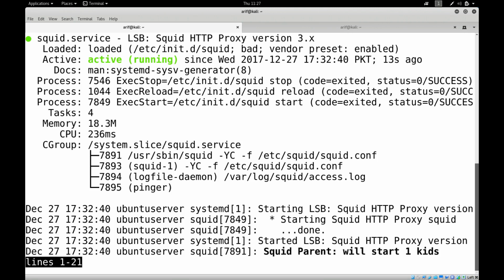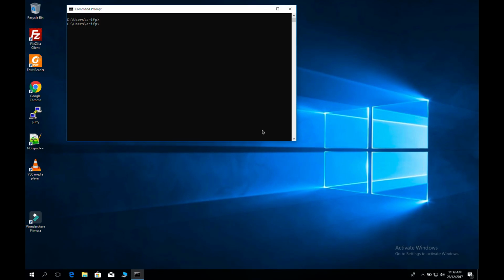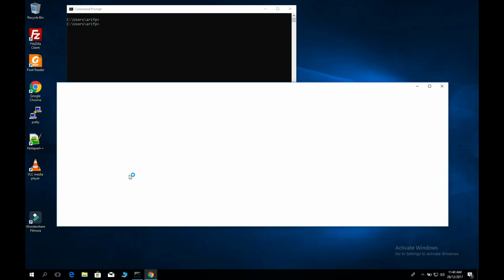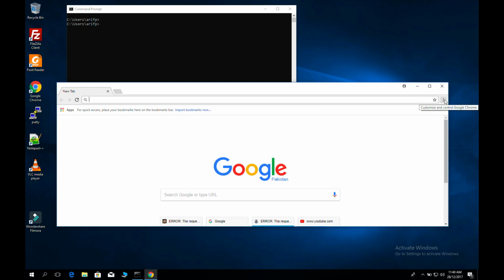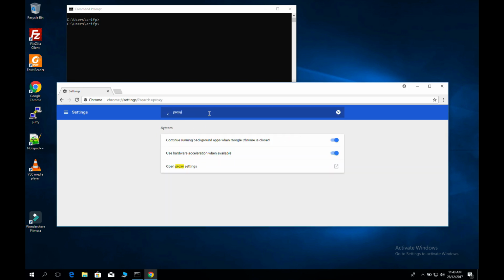Now let us move on to the client machine. Okay, our client machine is Windows 10 and we want to access the internet. Let's use Google Chrome. You can use Internet Explorer as well. Let's set the proxy first. Go to settings, write down proxy over here,